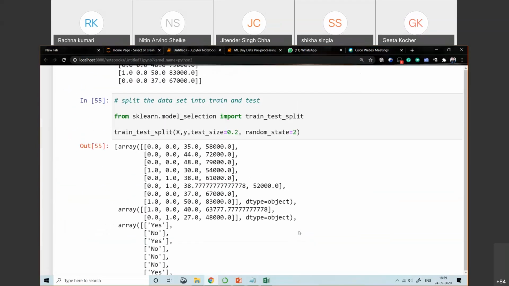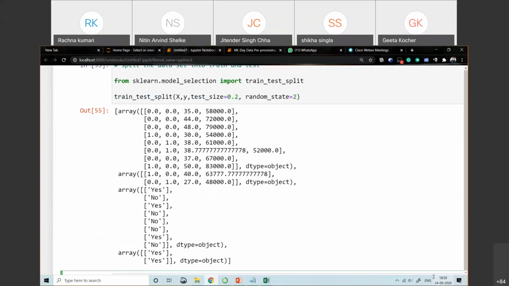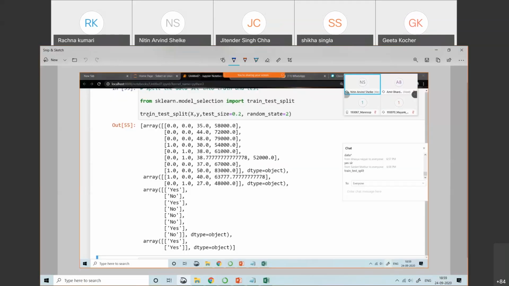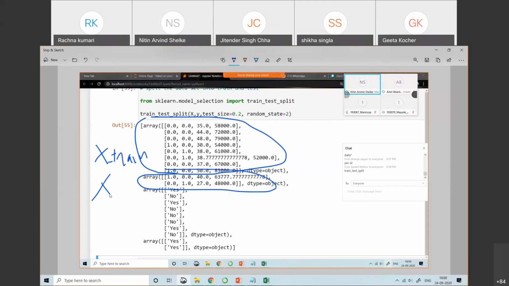Now before that I need to store it into your xtrain. So observe here what we are getting. This is your xtrain. This is your xtest. This is your ytrain.